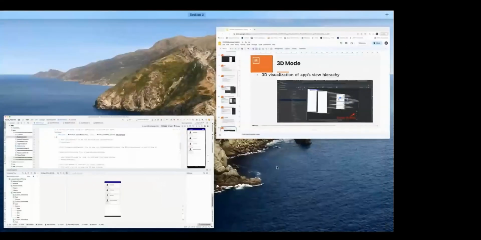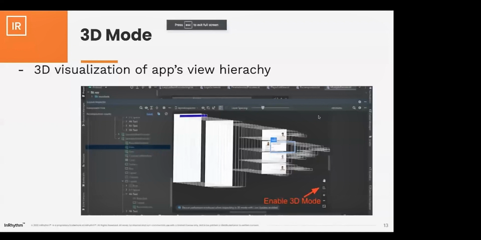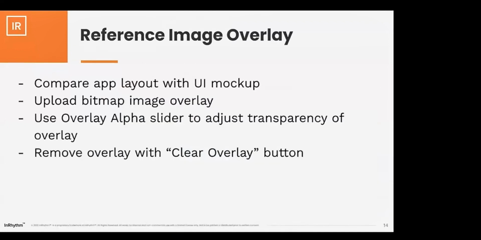Now I'm going to just dive back into the slides to learn about the other concepts inside the layout inspector. We also have the